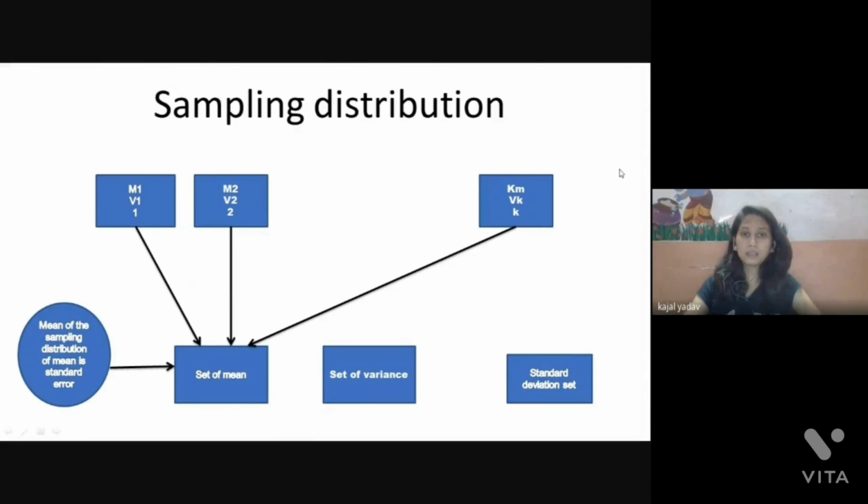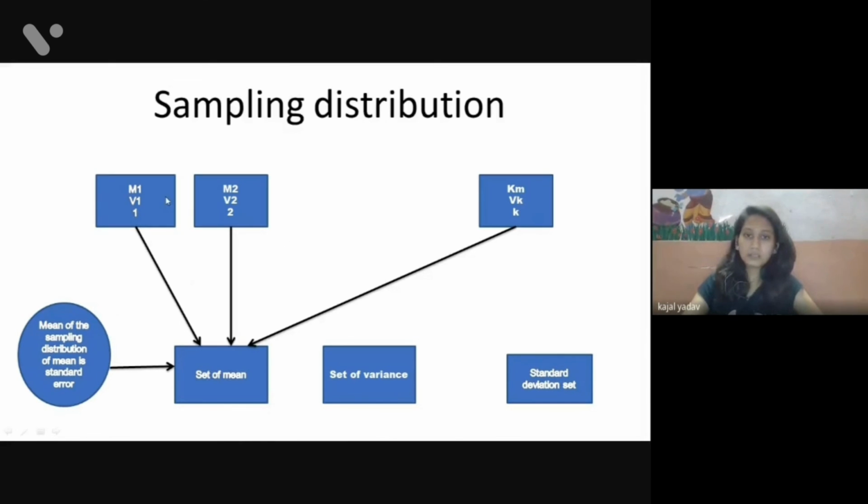Let us move to the next. How does this sampling distribution work? We have the k samples, which have the properties of variance, mean, and standard deviation.